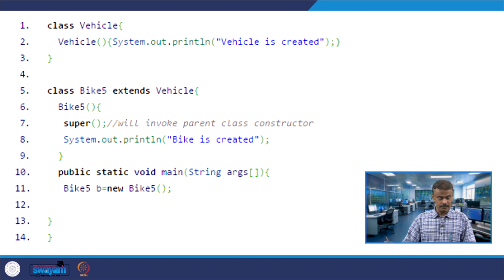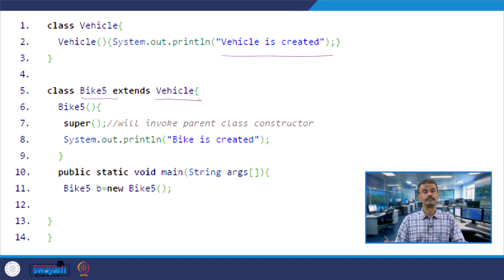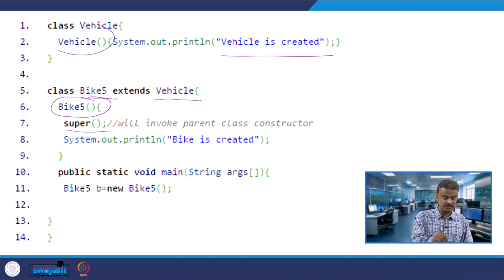Class Vehicle. Under class Vehicle I have one special member function, which is a default constructor, with System.out.println("Vehicle is created"). Then I have class Bike5, which extends Vehicle. Here you have the constructor for Bike5, that means a subclass, and then you use the keyword super, which will invoke the parent class constructor.